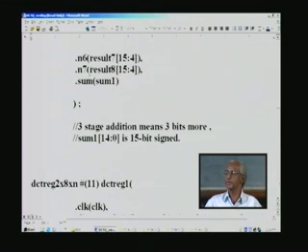This is the summation that we are doing, and as a result we started with 12 bits as the input for each of these numbers, and the final result after addition will be 3 bits more, because at every stage of addition you have one extra bit if you add two numbers. That is how we have 15 bits here, 14 through 0, as the sum, and this will have to be stored as a partial product.